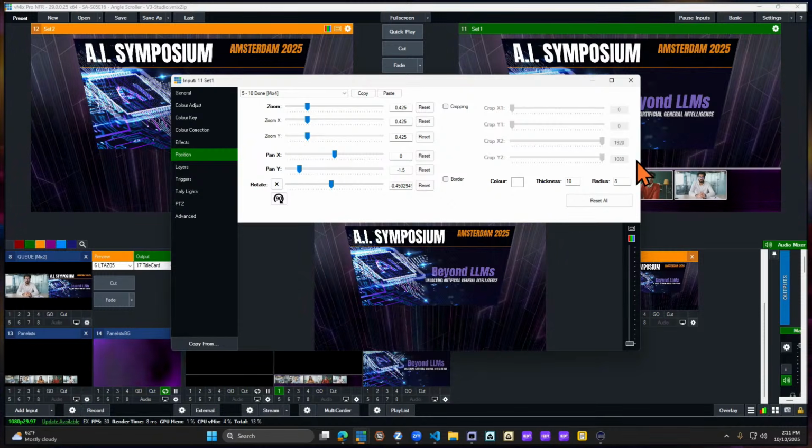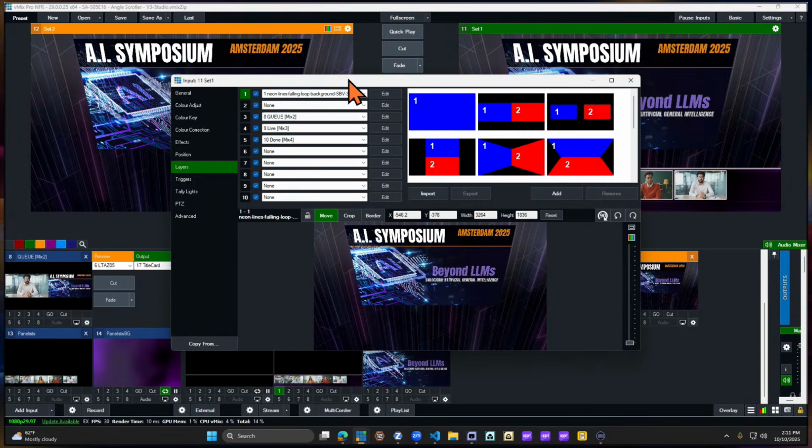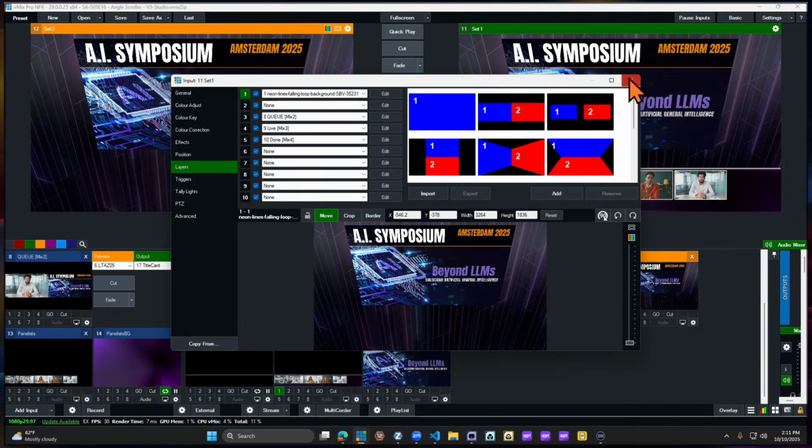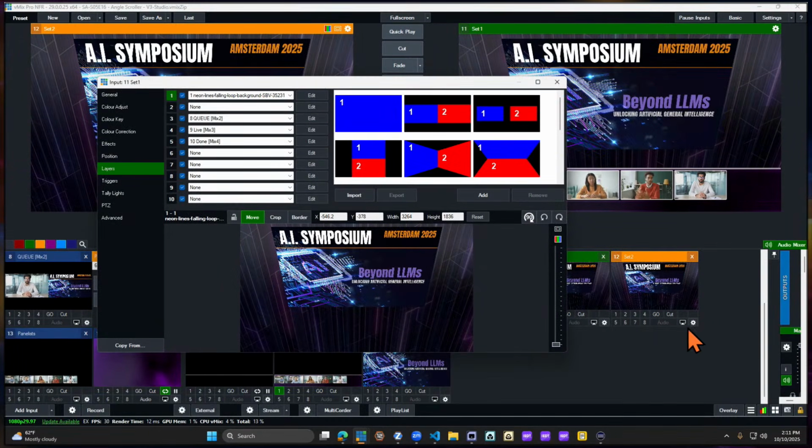So the only thing that matters now, if I look at these two and the way they're set up, is really that I'm moving things between these different screens. So if we go back to the layers, you can see in my set 1, I have the cue, the live, and the done mixes set up as layers 3, 4, and 5. But if I now jump over and go to set 2, so we just do that here, in set 2 you can see that I've moved the cue into layer 4 and the live into layer